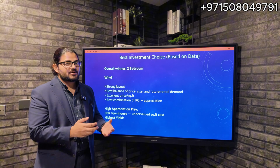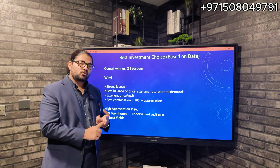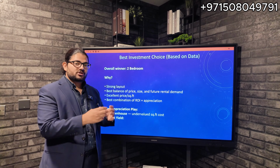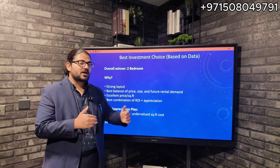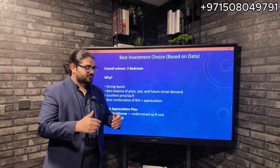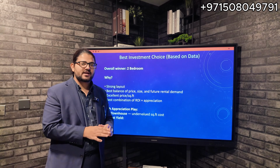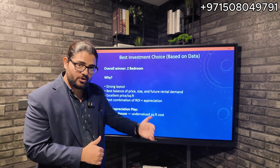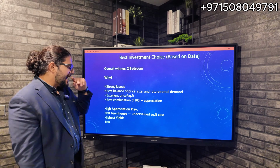if you want to exit fast, and 3-bedroom townhouses are not where it's going to be because they're a bit more highly priced. The buyer pool is going to be a bit less, but you do make an excellent amount of appreciation. So if you have a long-term plan where you just rent it out and forget about it, maybe 10 years down the line, because 4 years you're in until you pay the payment plan, then you get the handover. 4 or 5 years you rent it out, now you're in the project for 10 years,